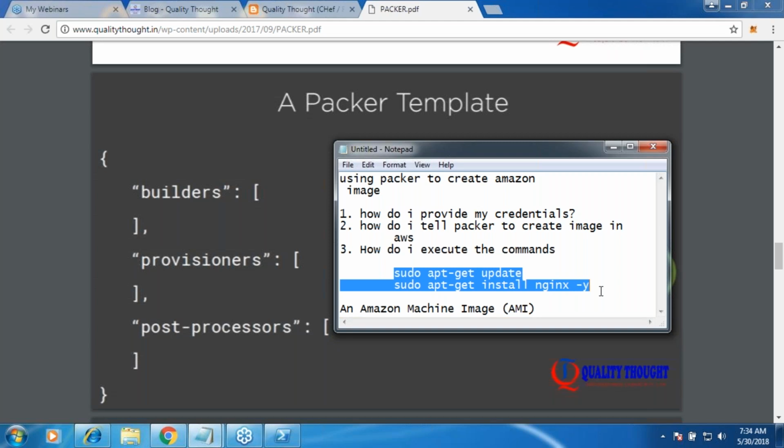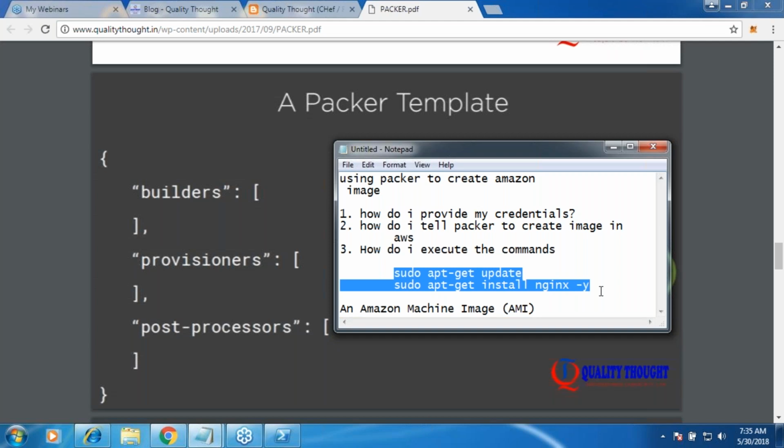You build a VirtualBox image and you convert it into a Vagrant box. That is post processor. So post processor is converting into some other formats and all of that. So are we good? Do we know the purpose of all of these three? Builder will tell you about the execution environment.